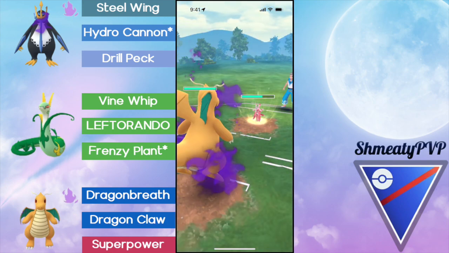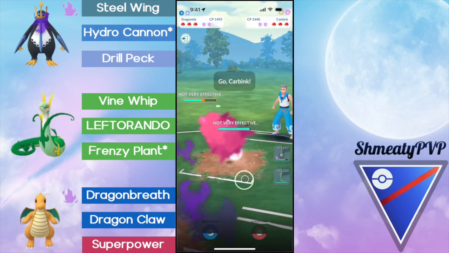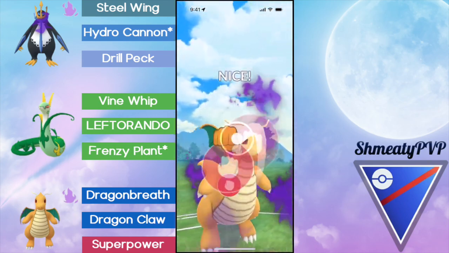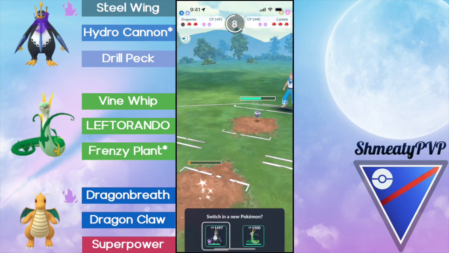Now, I'm calling that they're not going to go for the superpower here. They're going to go for the Leaf Blade, and we catch the double resisted Leaf Blade onto our Dragonite. They're going to bring in a Carbink, and we're just going to fire off the superpower immediately. I don't care. I just want this debuff applied onto myself immediately so that I can die quicker, and that's